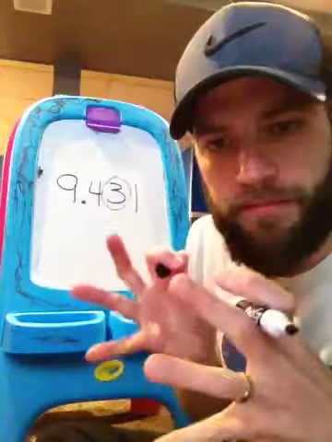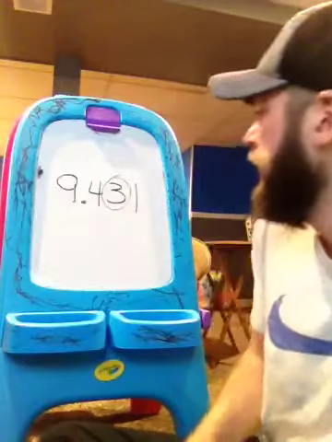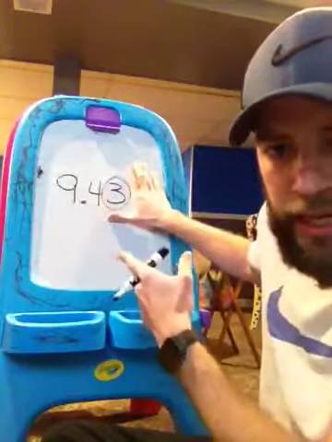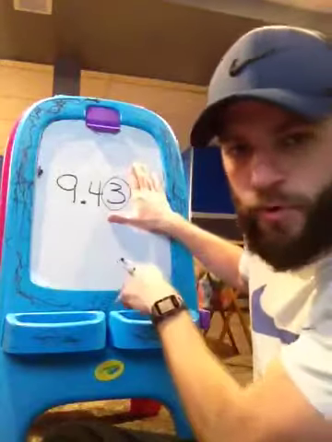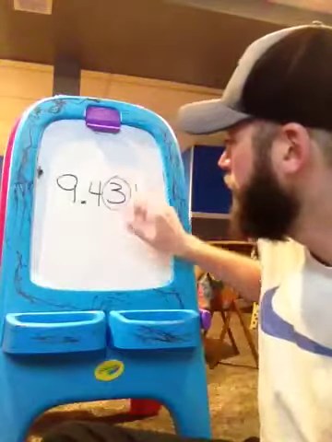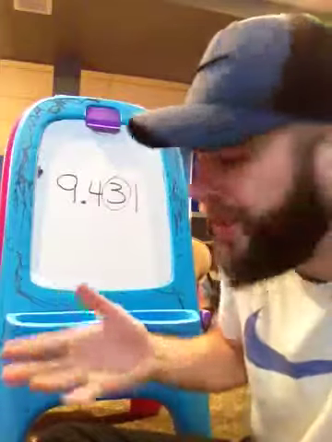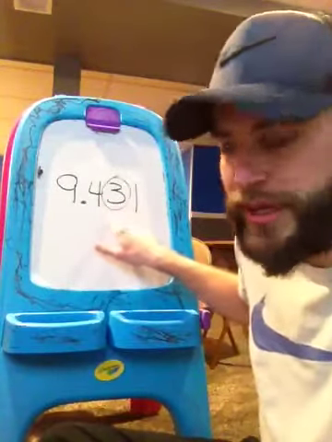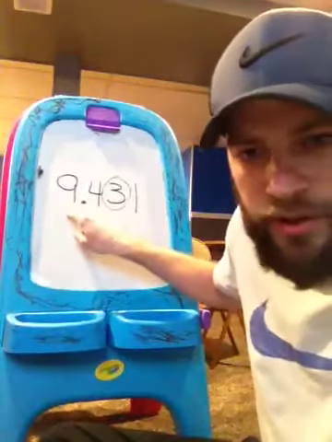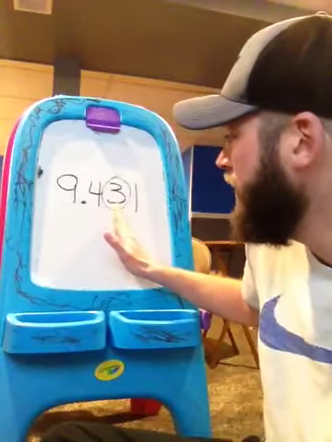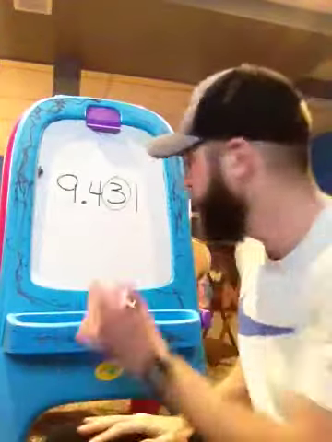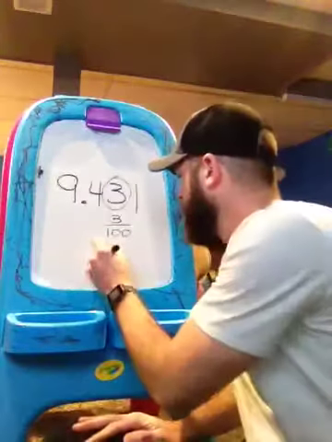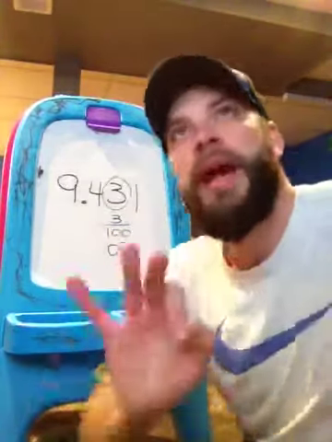What does that 3 mean? Well, if this was money, it'd be a penny. It'd be $9, 4 dimes, and 3 pennies. It's not money, but it means the same thing. A penny is 1/100, so that number is 3 100ths. It takes 100 of these to make one of those. So, what that means is that is 3 100ths, just like a fraction would be. Same thing. 0.03. Now, the question is,